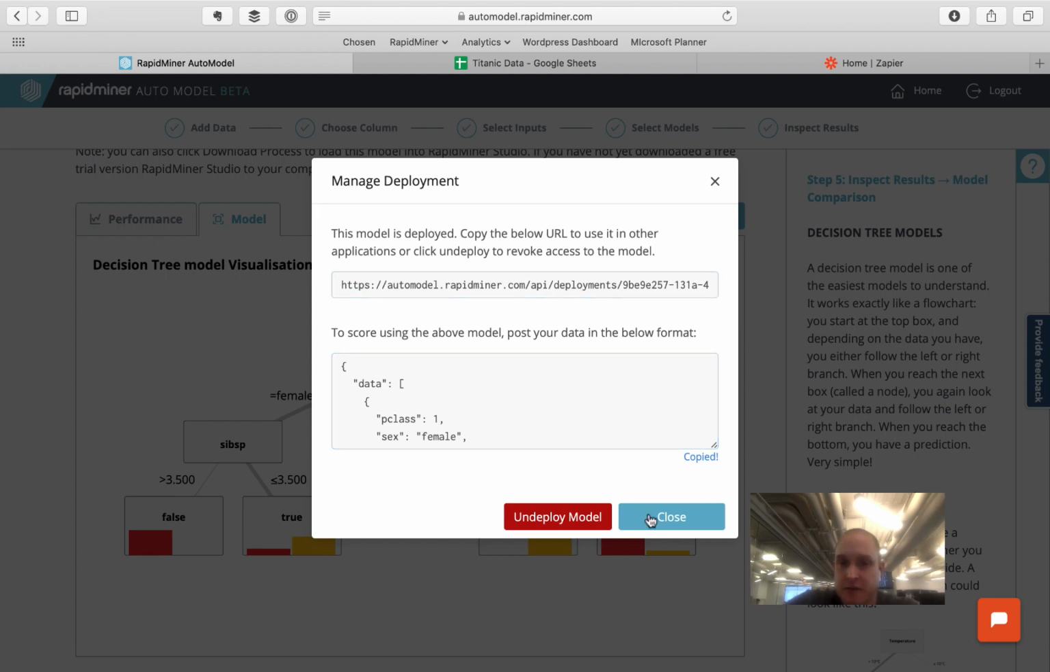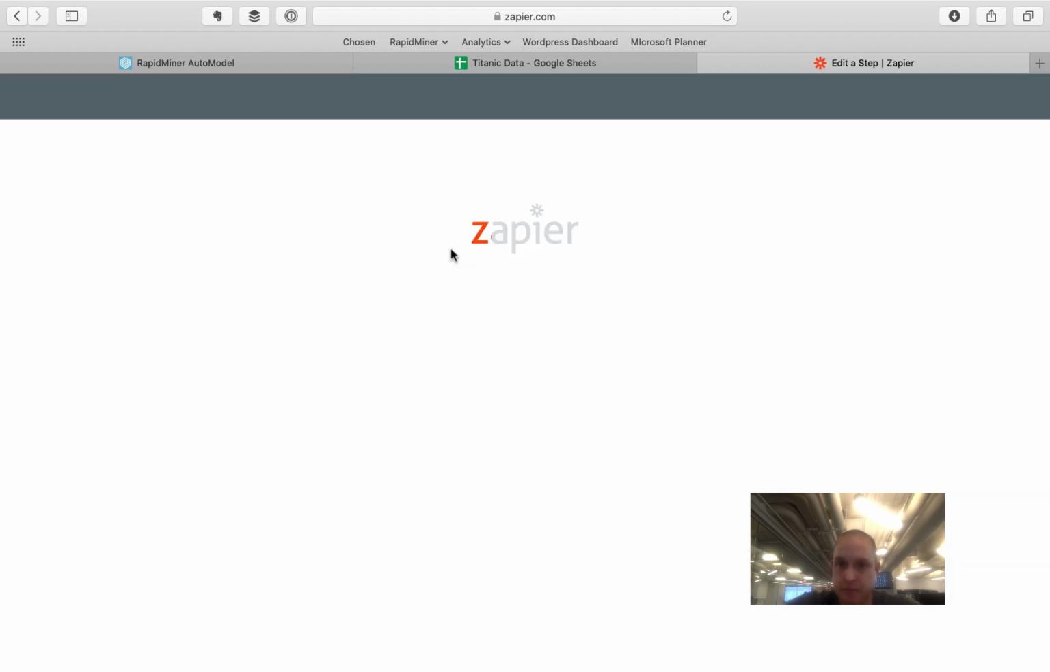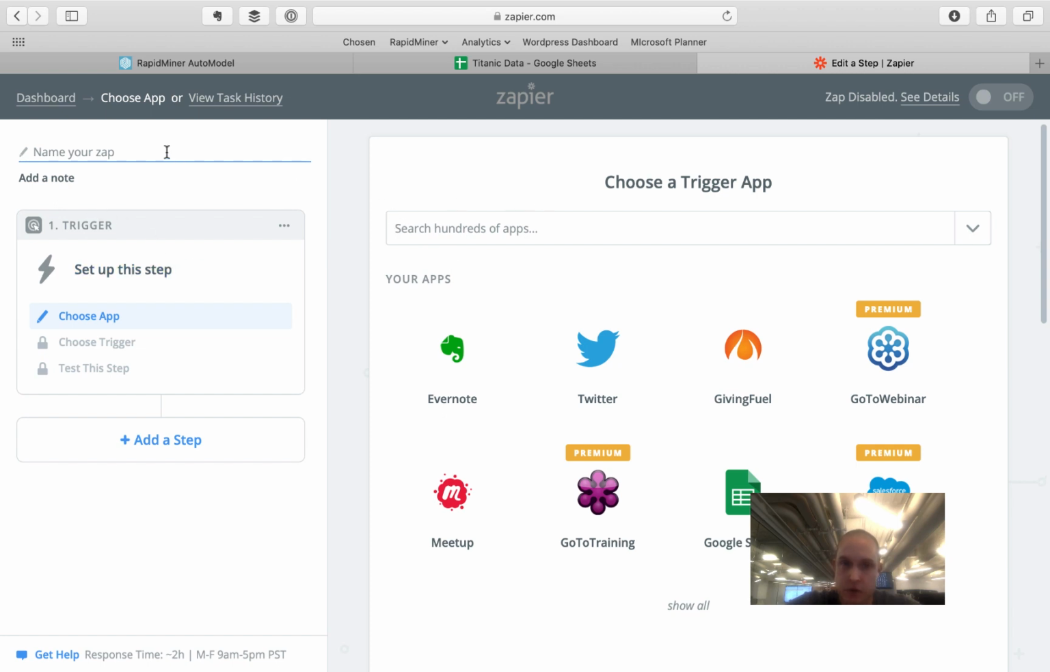So now that we've got this simple web service set up in one click, I'm going to go jump over into Zapier and show you how we can both query data from a Google spreadsheet and then score that data right back in the same spreadsheet. So to do that, we're going to go ahead and create a new Zap, and we're going to call it score auto model data,